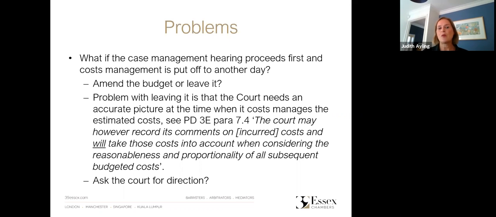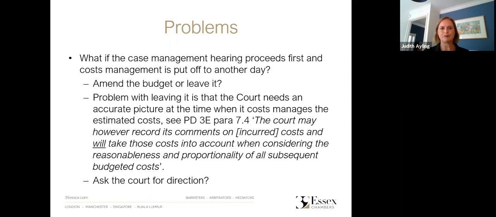And another problem with leaving them as they were is that the court must have an accurate picture of what the incurred costs are at the time when it does the cost management hearing, because those incurred costs must be taken into account, and that's mandatory when the reasonableness and proportionality of subsequent budgeted costs are being looked at. So again, my preferred solution is simply to ask the court for a direction as to what to do about